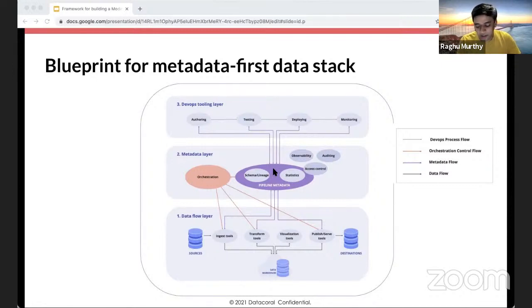So there's a question here in terms of what is the CI/CD support that should be built into this concept. So CI/CD is basically how deployment interacts with the pipeline metadata, right? So the way to think about it is, whenever a change needs to be pushed, it is first staged in the pipeline metadata, right? And that staged configuration, or the staged changes, can be used to do two things. One is